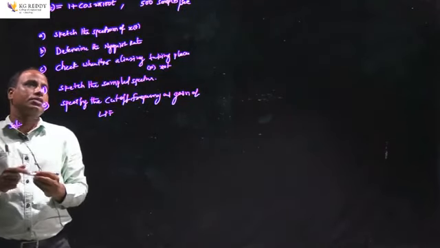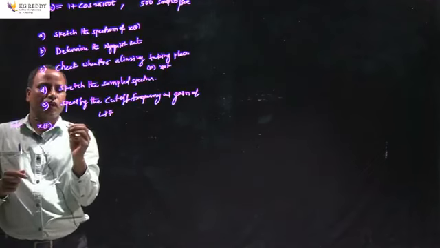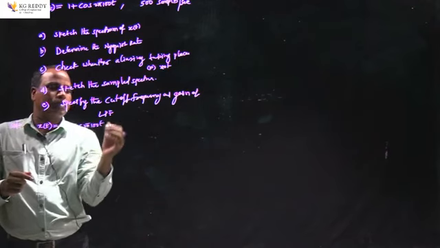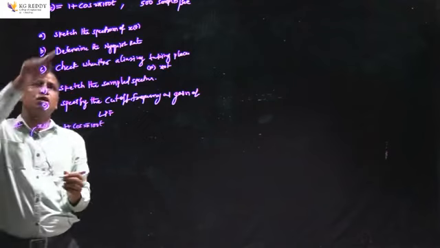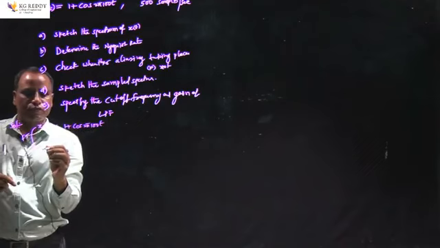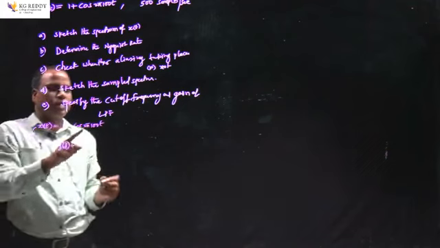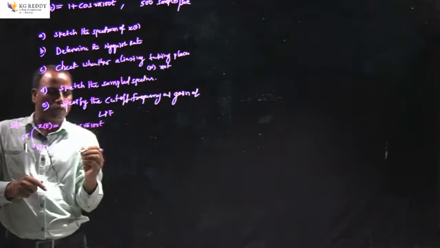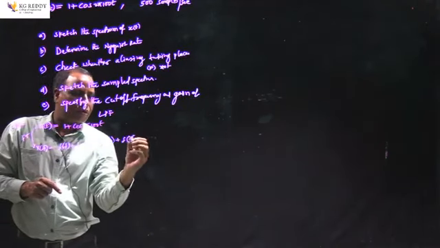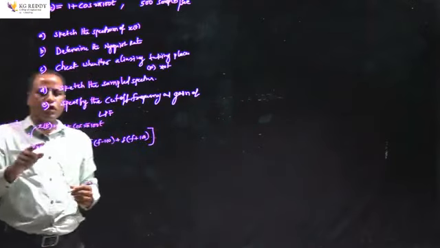if I say sketch x of t, the signal is given, x of t is equal to 1 plus cos 2 pi 100t. Then if I take the Fourier transform, because in order to sketch the spectrum for a signal we need to convert into the frequency domain, X of f becomes: the Fourier transform for 1 becomes del of f, and the Fourier transform for the cos function is amplitude divided by 2, 1 by 2, times del of f minus 100 plus del of f plus 100. So this is the Fourier transform for the given signal.